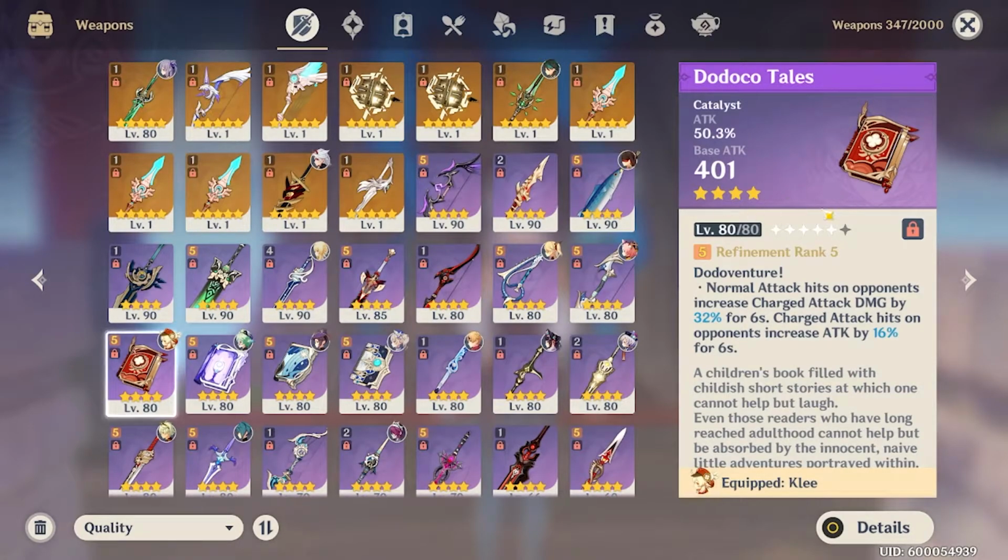for 6 seconds. Now we don't know if Yae Miko is just going to be a charge attack character, or basically a normal attack to charge attack character. But I'm just putting this out here just in case she ends up being one of the two. For me, I'm probably just going to be normal attacking a lot. But again, you can just take this with a grain of salt, because we don't know if this weapon's